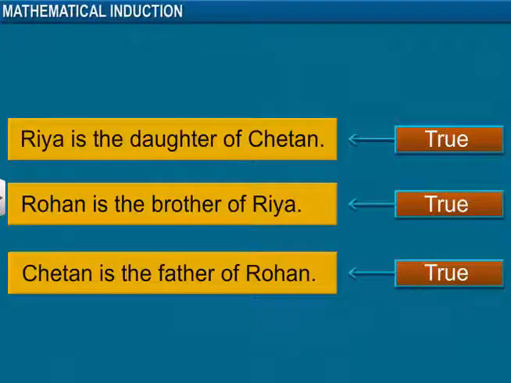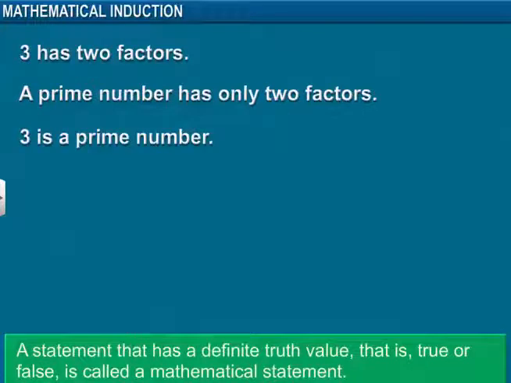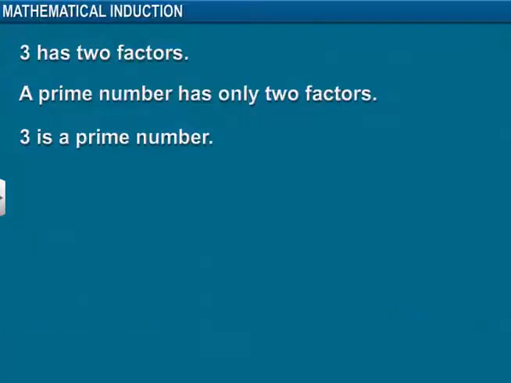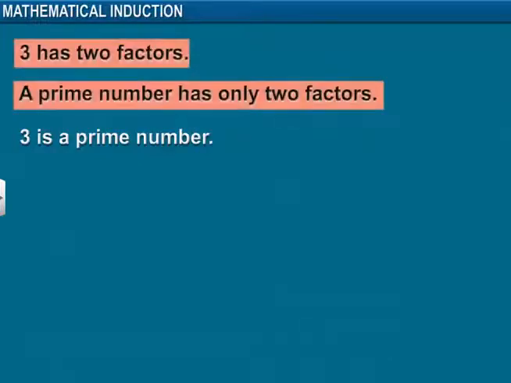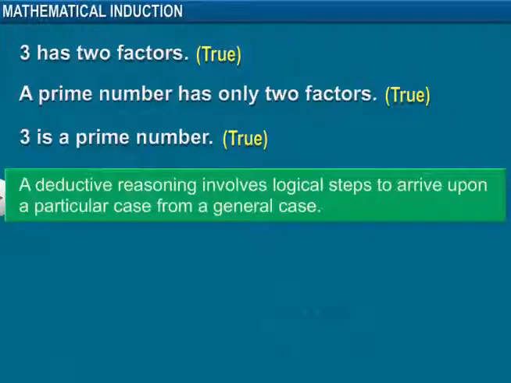Let's apply deductive reasoning to the following mathematical statements. 3 has 2 factors. A prime number has only 2 factors. 3 is a prime number. A mathematical statement is a statement that has a definite truth value, that is, true or false. Among the statements given, the first 2 statements are true. This implies that the third statement is also true. Thus, here we can conclude that deductive reasoning involves logical steps to arrive upon a particular case from a general